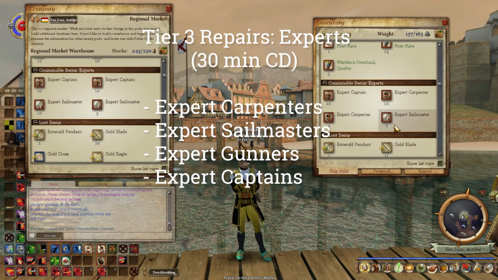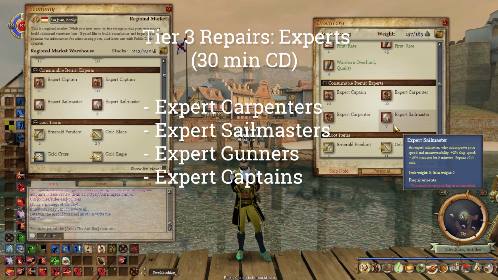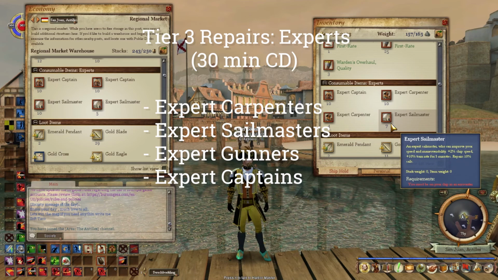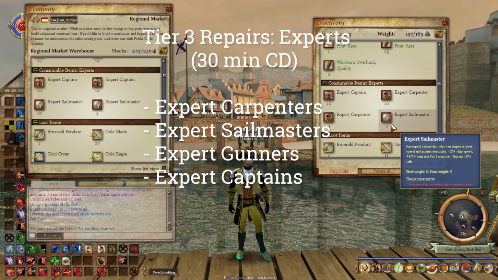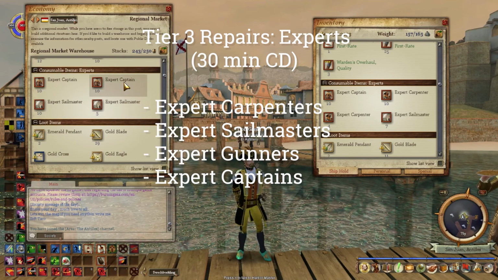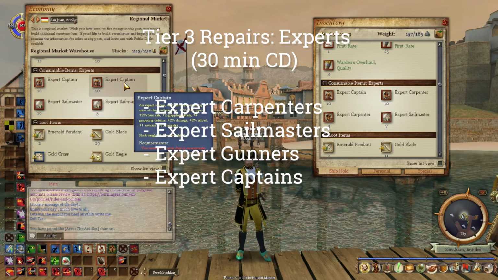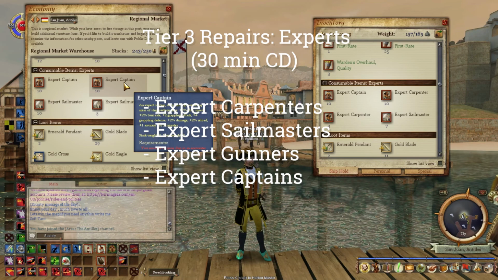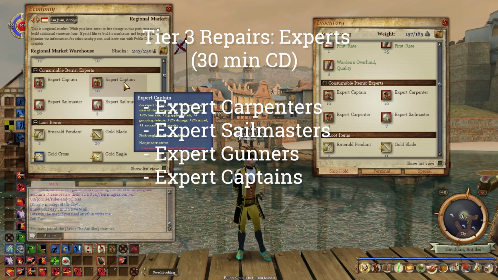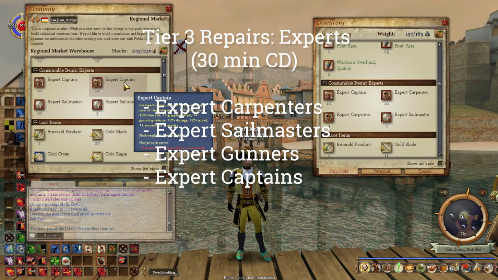This item actually repairs your sails, but it also gives you a slight speed boost as well. There are also other experts like gunners and captains, which can help increase things like your damage and reload, but the main thing to note is that the experts all share the same cooldown, which is actually 30 minutes, so it's a decently long cooldown. So you want to make sure that you're using this when you really need to, because